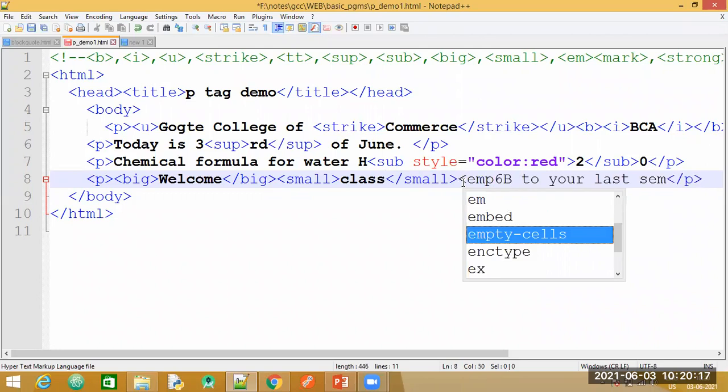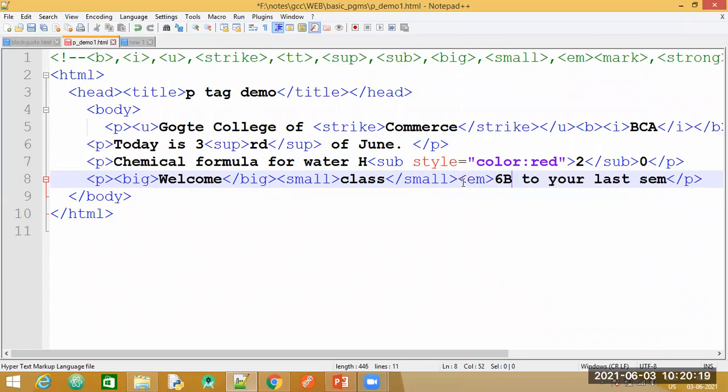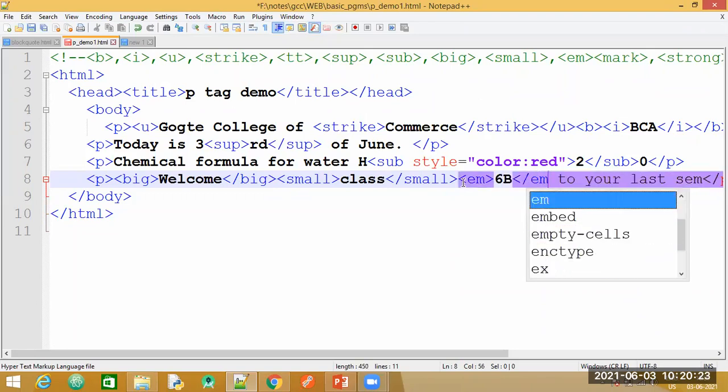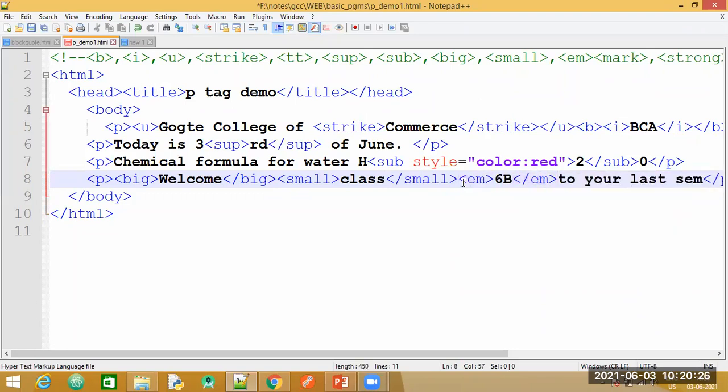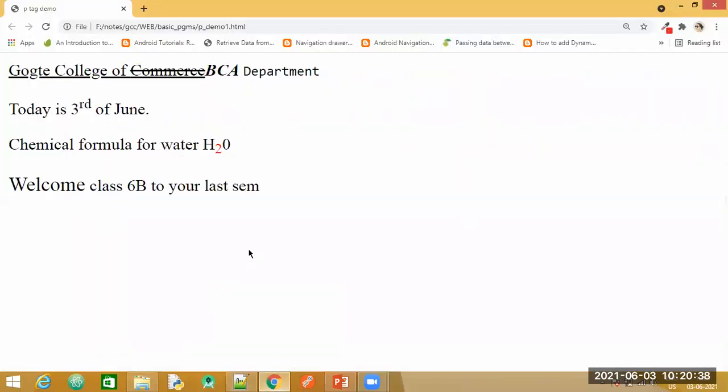We'll apply it to the class 6B. Then you have mark. Okay. So first let us save this. Let us see the effect of this. Then I'll apply the mark tag for 6B itself. Let us go back to the browser. Refresh.